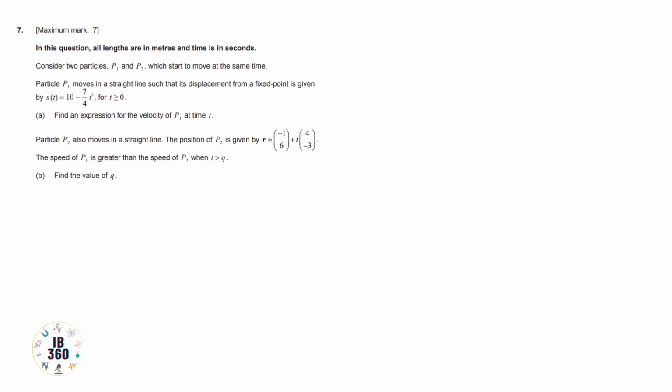Let's solve question number 7. In this question it is given, consider two particles P1 and P2 which start to move at the same time. Particle P1 moves in a straight line such that its displacement from a fixed point is given by s(t) equals 10 minus 7 by 4 t square for t greater than or equal to 0. So for this, to find the velocity,